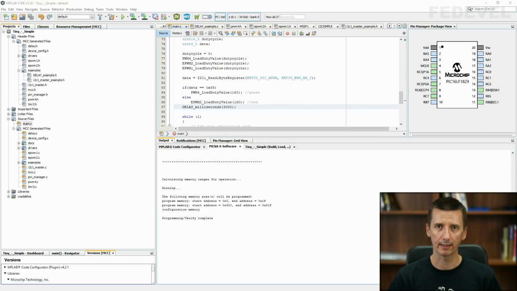Some of them were soldered badly, and then the microcontroller was not able to communicate with the accelerometer. So what you may want to do is maybe remove the chip and solder it down again, or maybe try a different board. I'm going to show you how you can, for example, measure this I2C bus and what you should see there.